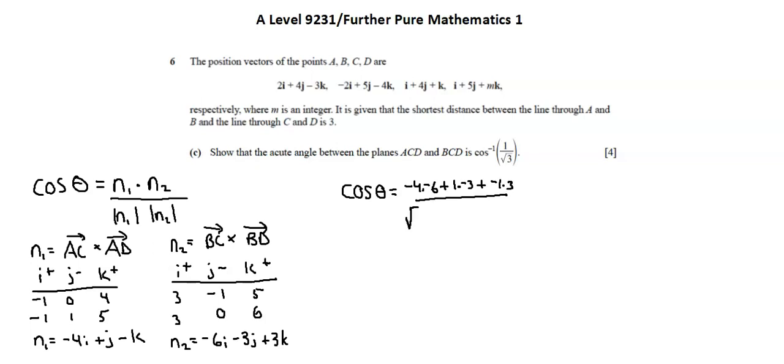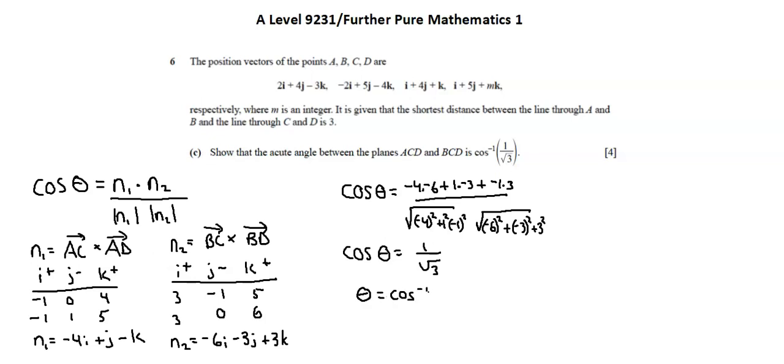In the denominator, the magnitude for normal 1 will be the square root of -4 squared plus 1 squared plus -1 squared. I'll multiply by the magnitude of normal 2, -6 squared plus -3 squared plus 3 squared. When I simplify, I get cosine theta equals 1 over root 3, and theta equals the inverse cosine of